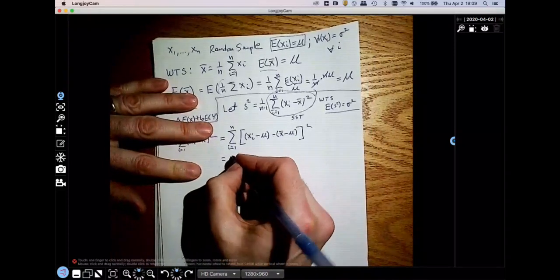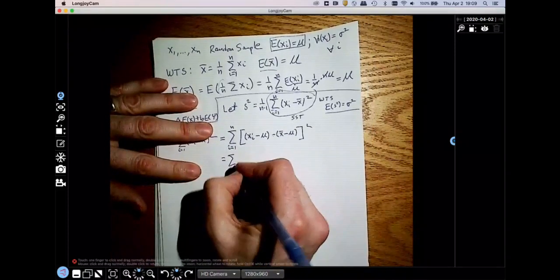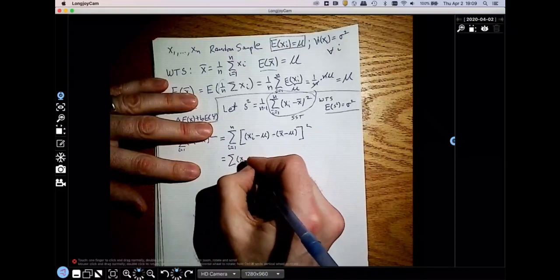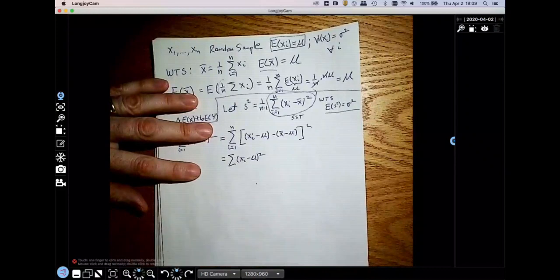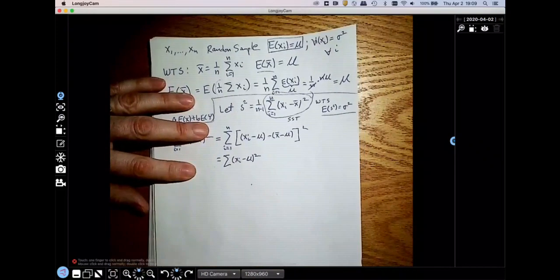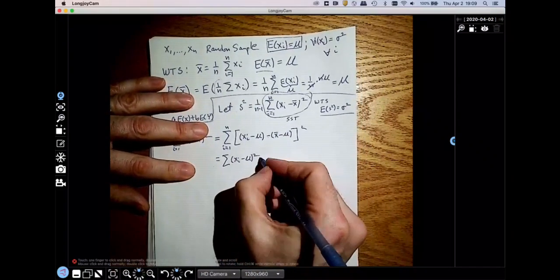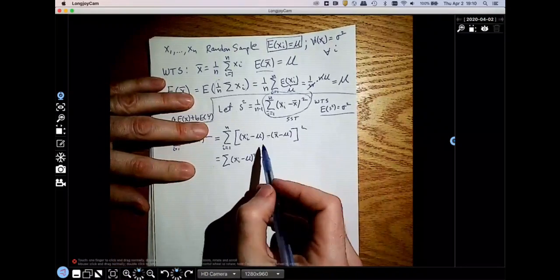expand the square on this. This is equal to the sum of xi minus mu squared. So if I just square this first term, that's what I end up with. Now we have to take minus 2 times this,